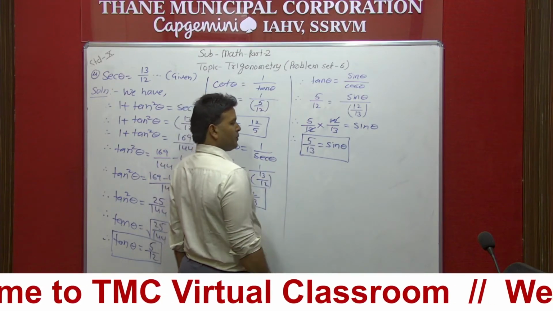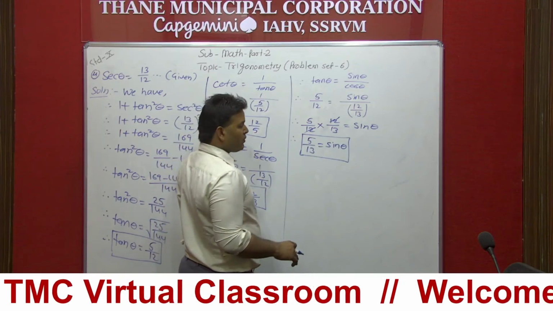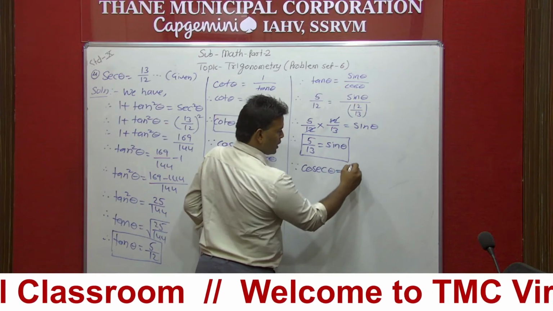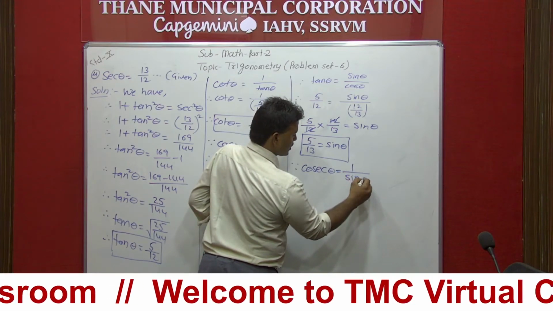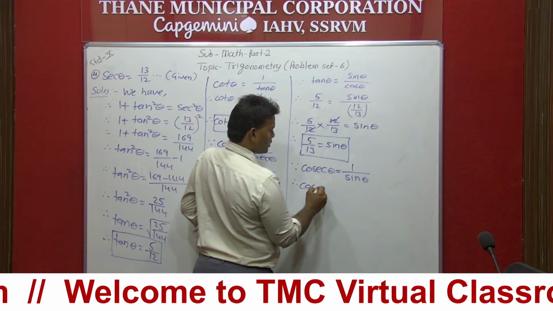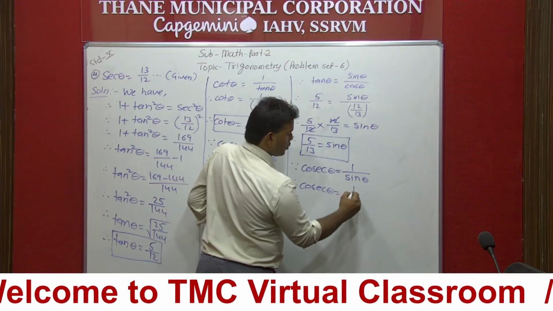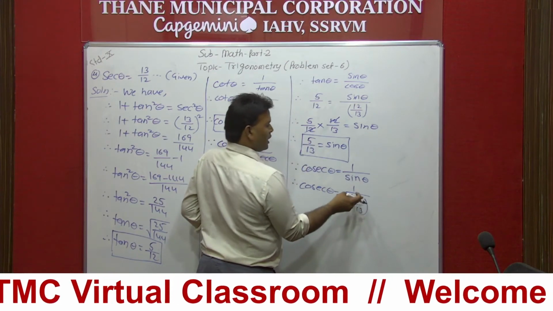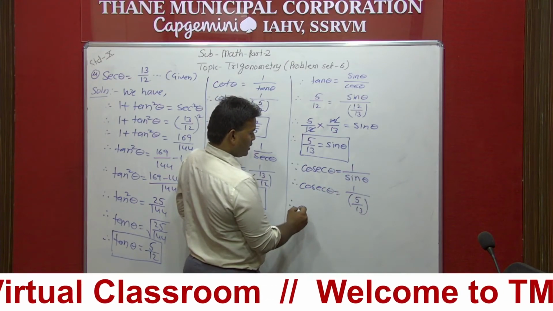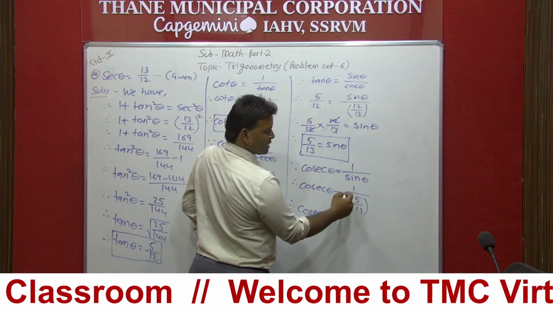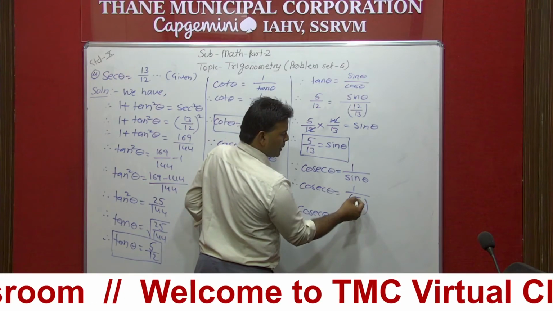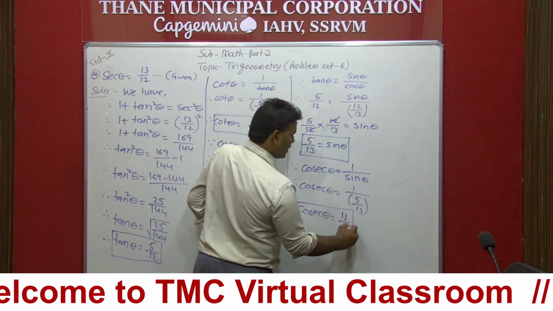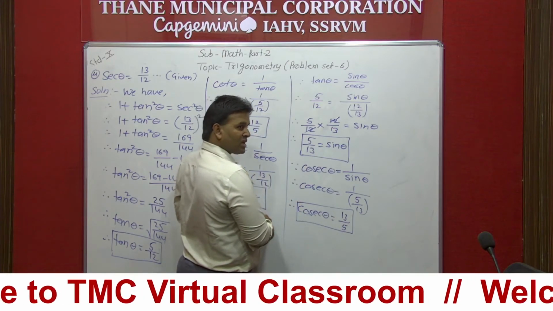I got the value of sin theta. Now what is the converse of sin theta? Cosec theta. Cosec theta is equal to 1 upon sin theta. Therefore cosec theta is equal to 1 upon 5 upon 13, the value of sin theta. I'll take the 5 upon 13 as a numerator. So cosec theta, this will become reciprocal. Reciprocal means this will go up and this will come down. So what happened here? 13 upon 5. This is the answer for cosec theta.